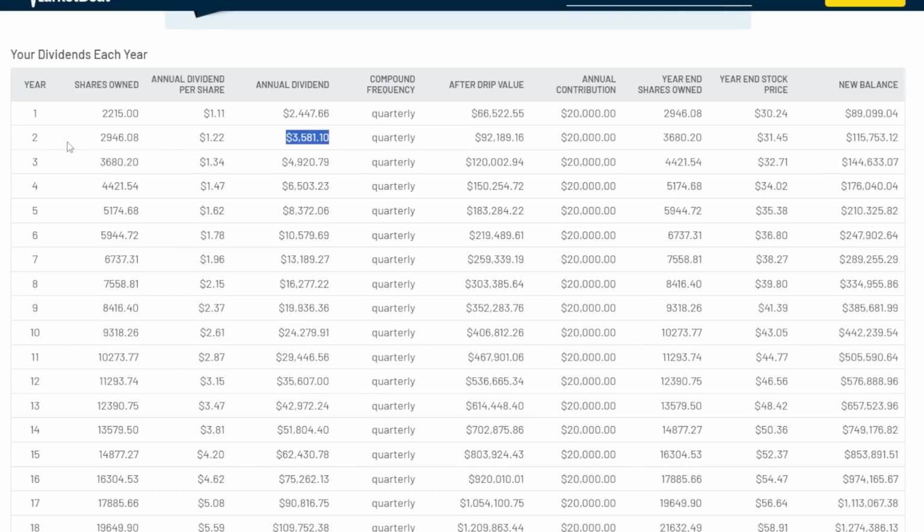Now the crazy thing about an ETF like SCHD, which offers a relatively small yield to start with, but has massive dividend growth, at least it has historically. For the first few years, it's not really going to seem like all that much is happening. Even though the dividend amounts are going up actually pretty quickly, it still isn't necessarily enough money to get super excited about. But I would say after year 5, 6, 7, things start to get a